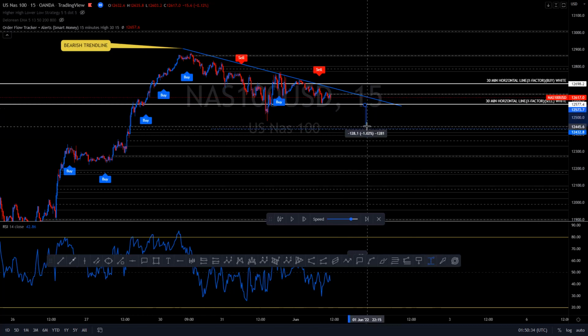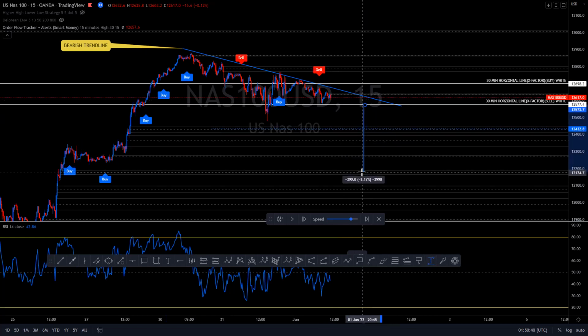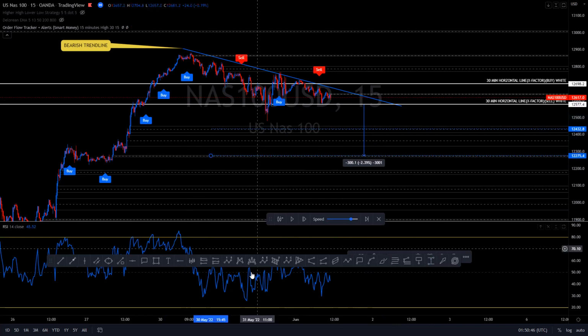Then actually this was my first take profit, and then I think down here might have been my second, or maybe down here. I think I put my second take profit here. So then what I did was take my risk to reward tool,